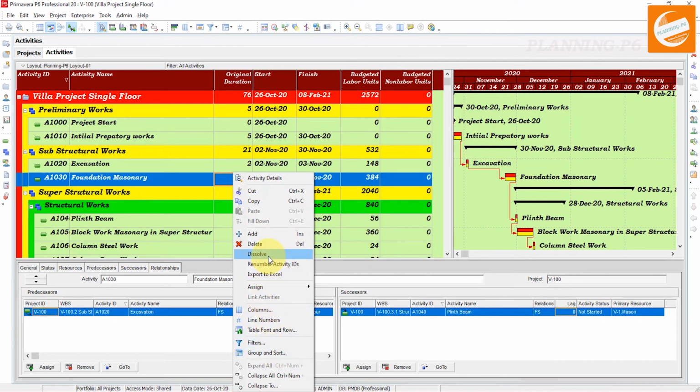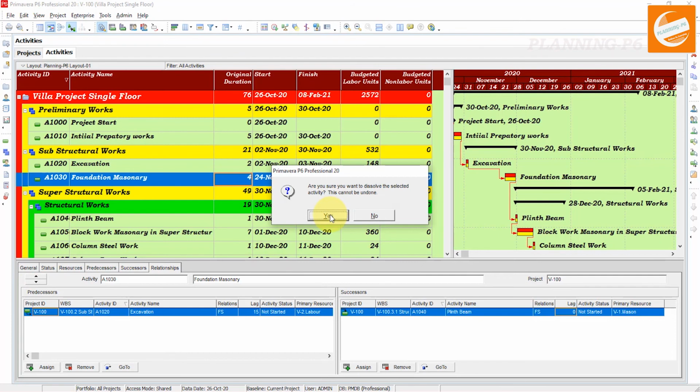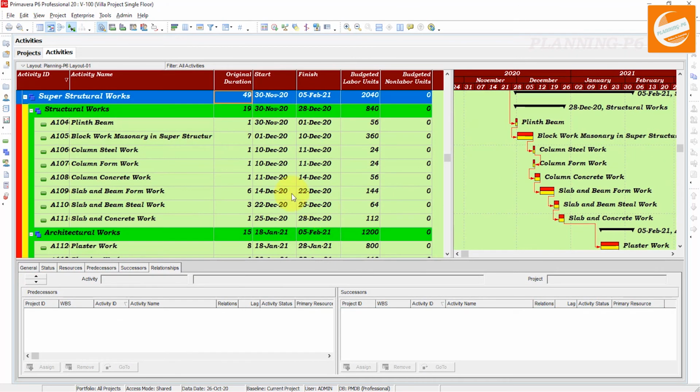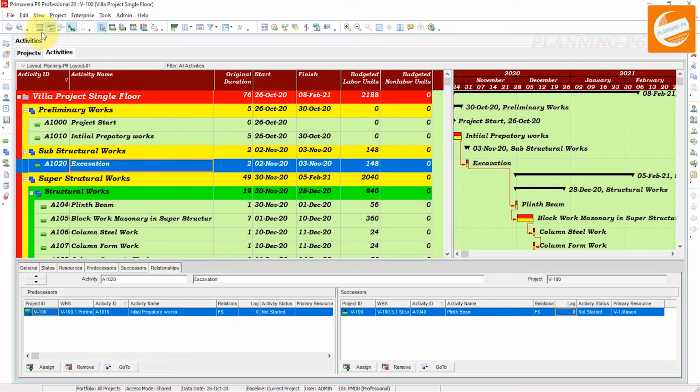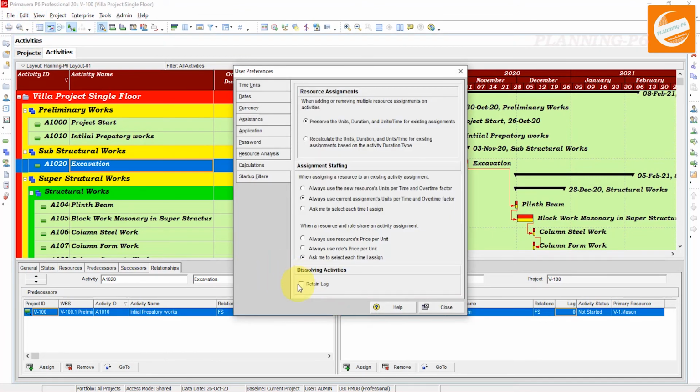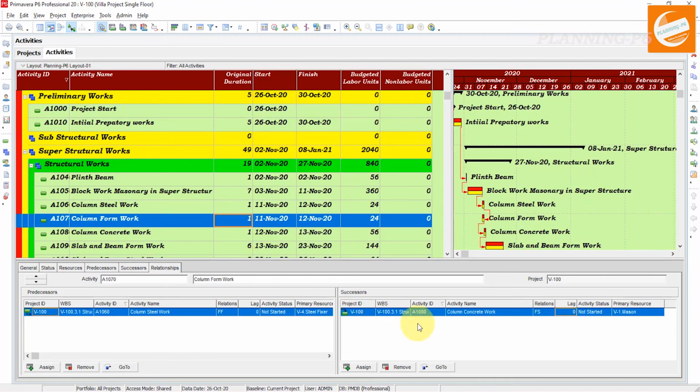Here this is the option for dissolving. Dissolve that activity. Yes, I want to dissolve that activity. If I check here in the user preferences setting, in the dissolve option, retain lag, close, click here and give the lag to that activity.